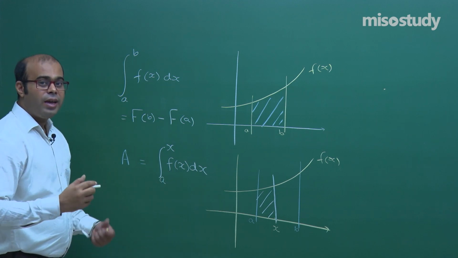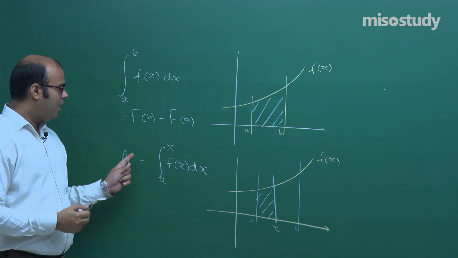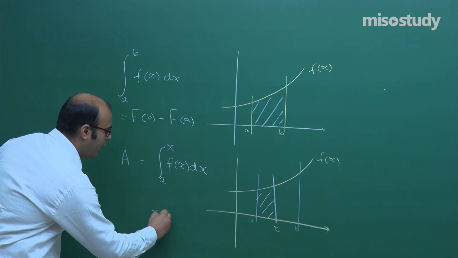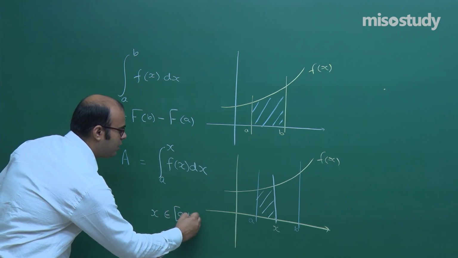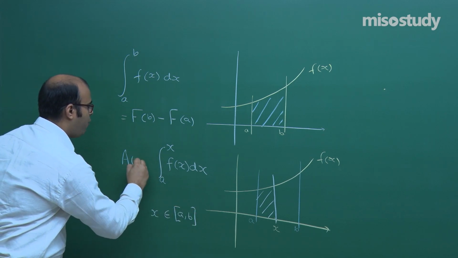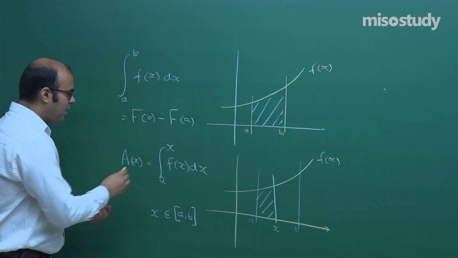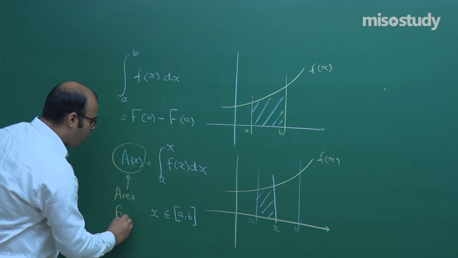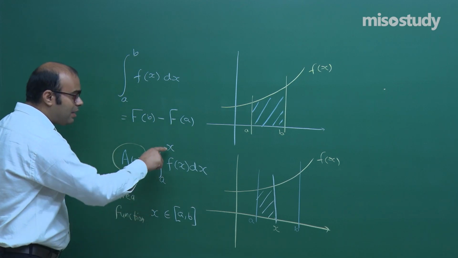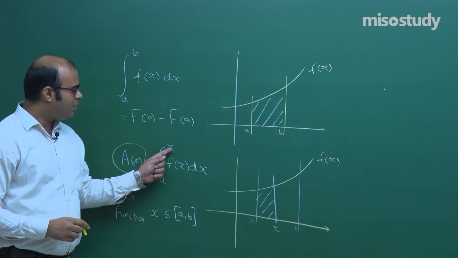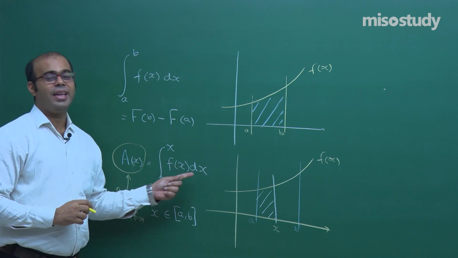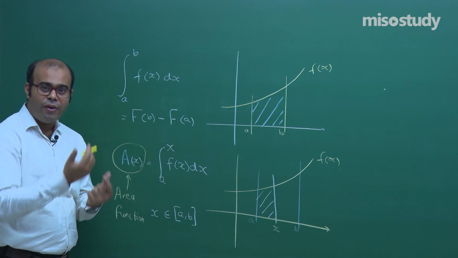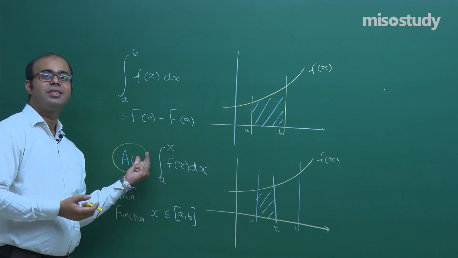A few things we have to understand here. First of all, this A is a function of x, because this x can move from here to here, x belongs to a to b anywhere. So we say that A is actually a function of x, and we call this A(x) the area function. Now the important point is that this x should not be confused with this x. These two x are different. This x is the variable of integration which has no role in the final answer, but this x will come in the final answer because this is the variable whose function is the area function.